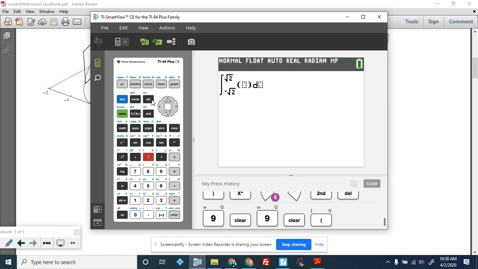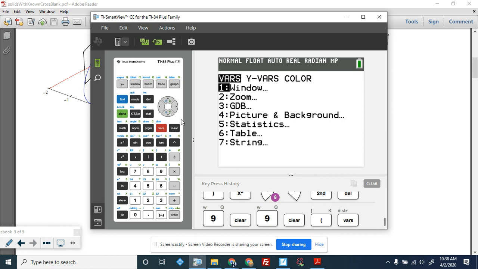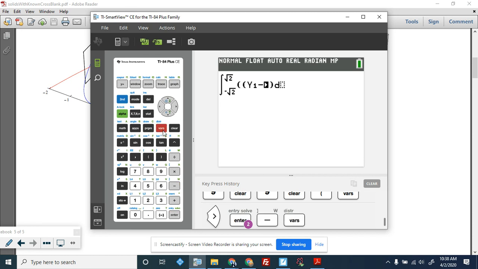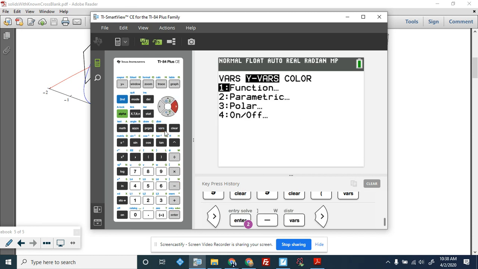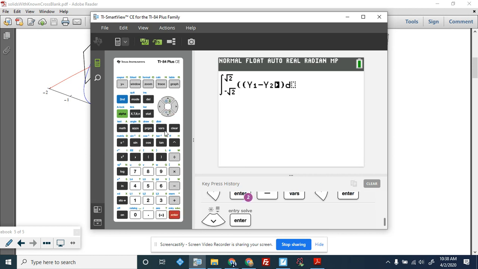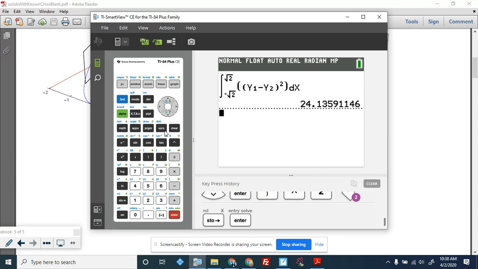So let's go parenthesis, vars, y vars, function y1 minus vars, y vars, function y2, and then close the parenthesis, squared, and then with respect to x, that took way too long. All right, but you get the idea, and then you hit enter, and then there you go,